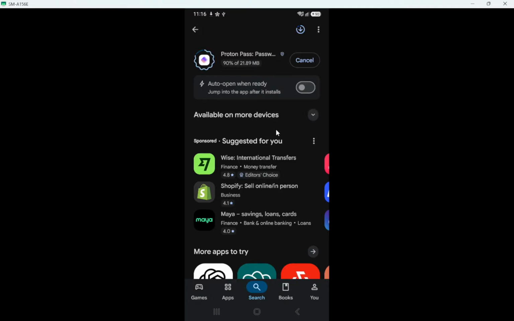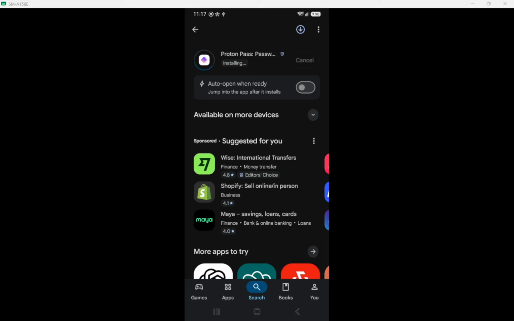With that checked, tap the install button. It sits near the top right of the app page and turns into a progress indicator as the download begins. On a fast connection, the download and installation may take only a few seconds, but on slower networks it can take a little longer. While this runs, you can watch the progress bar fill, and once Android finishes installing, the button label will change automatically.